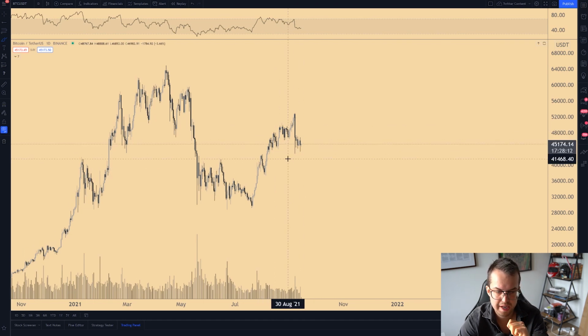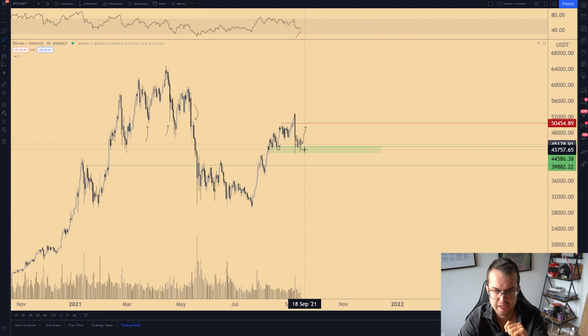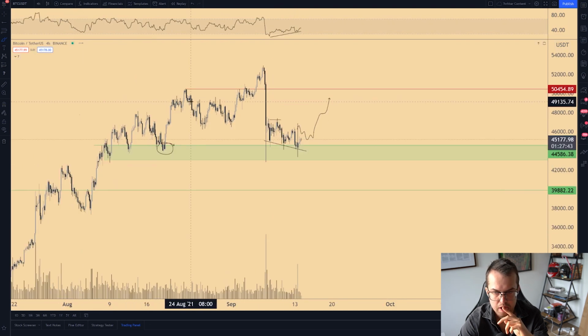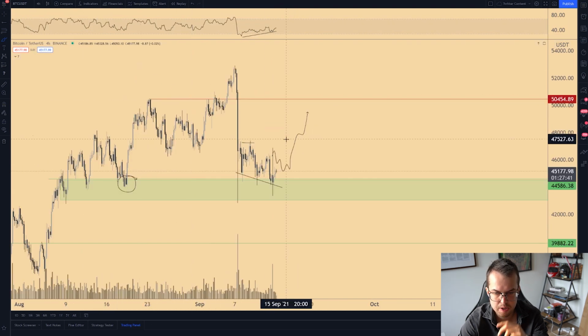So when we're looking at the daily time frame, we can see that Bitcoin is currently holding support as a very important level, and when we are getting these wicks in here, we can see that the 42 to 44k level is still a very important level to look at for support, and that should be holding on. If that doesn't hold support, we're looking at 39k, but looking at the entire structure, you pretty much want to see 44k sustain. And currently we are doing that,